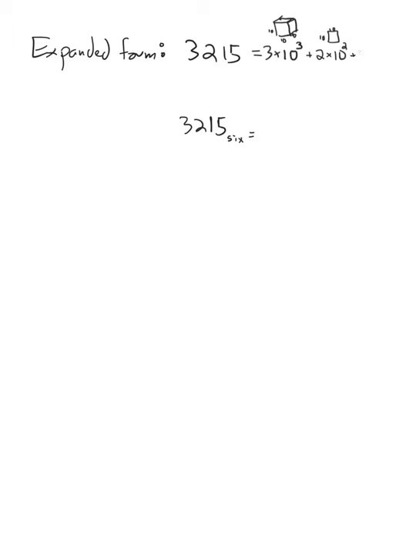Then we have 1 ten. I'm going to write 10 as 10 to the 1. And we have 5 ones, which I'm going to write as 10 to the 0. Anything to the 0 except 0 is 1, and that's just 1. So this is 3 thousands plus 2 hundreds plus 1 ten plus 5 ones. Remember, anything to the 0 here